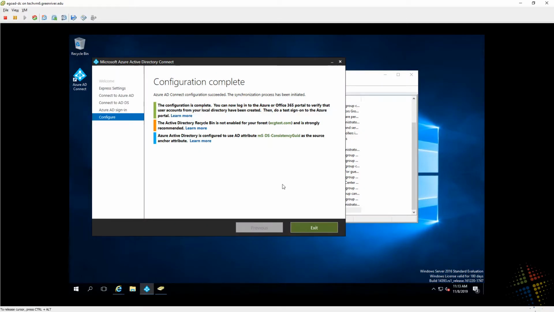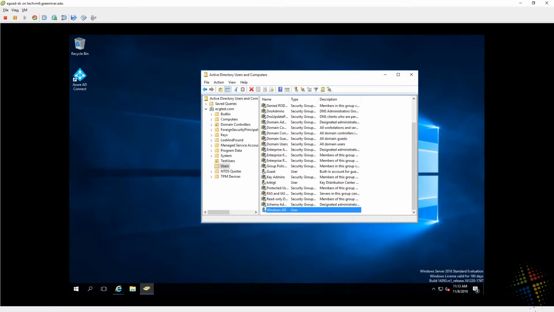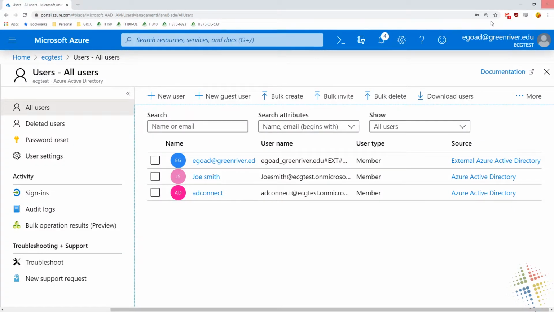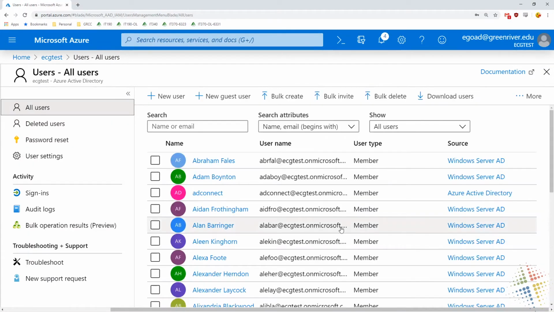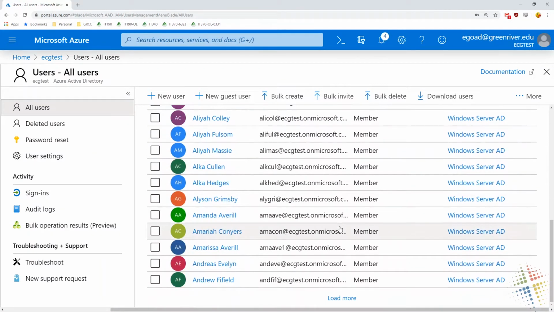All right. Let's see how our synchronization is going. The configuration is complete. Now, if we look up into Azure AD and then refresh our user count here. Let's see, users. And there we go. All of our users are starting to log in, or starting to be able to log in. Currently, all of these users have passwords of password1. So in theory, I could